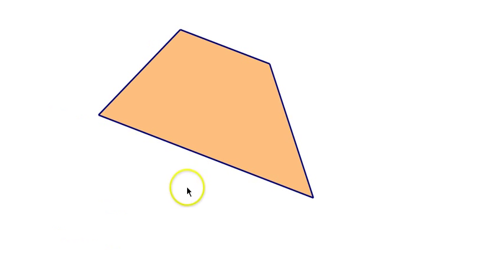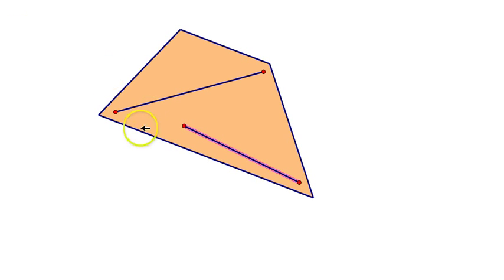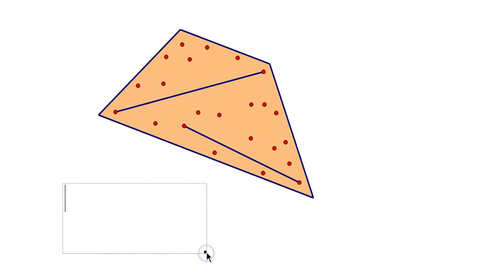Let's do another one. This figure here would be convex because if we take any 2 points, put a point here, put a point here, and connect those 2 points with a segment, that's within the set. We pick 2 more points, let's say this one and this one, and that would also be within the set as well. I can go on and plot points all over the place, and no matter which 2 points I pick to connect, the segment that connects them will be within the shaded area there. So this would be a convex set